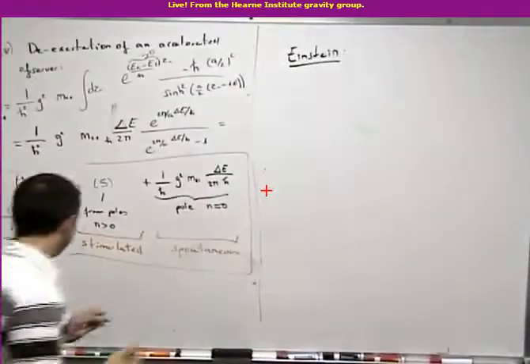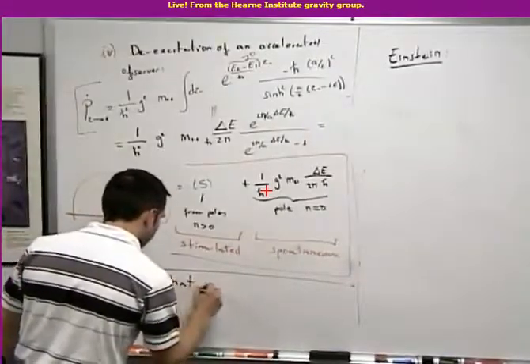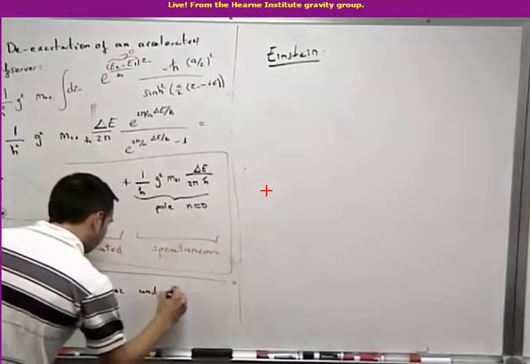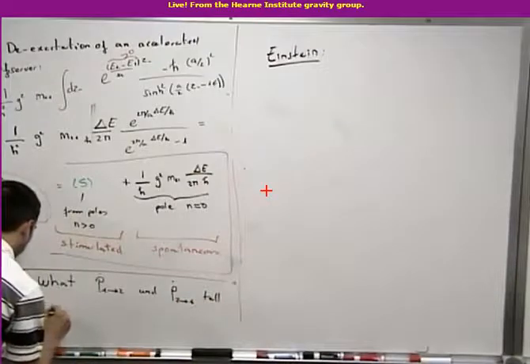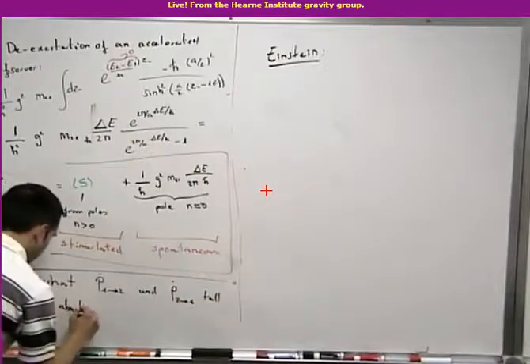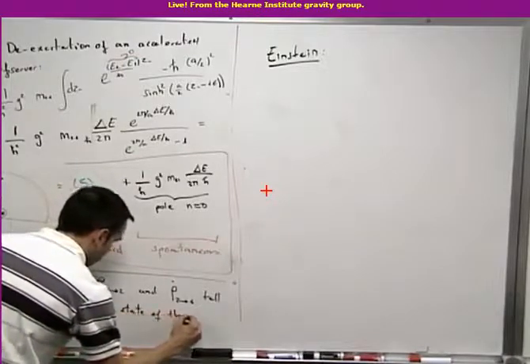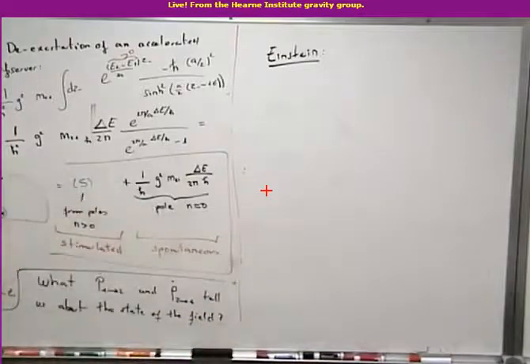So the question I want to answer is what these two probabilities we have computed tell us about the state of the field. And the argument goes back to Einstein. I'm sure you have studied these Einstein coefficients. Einstein was studying